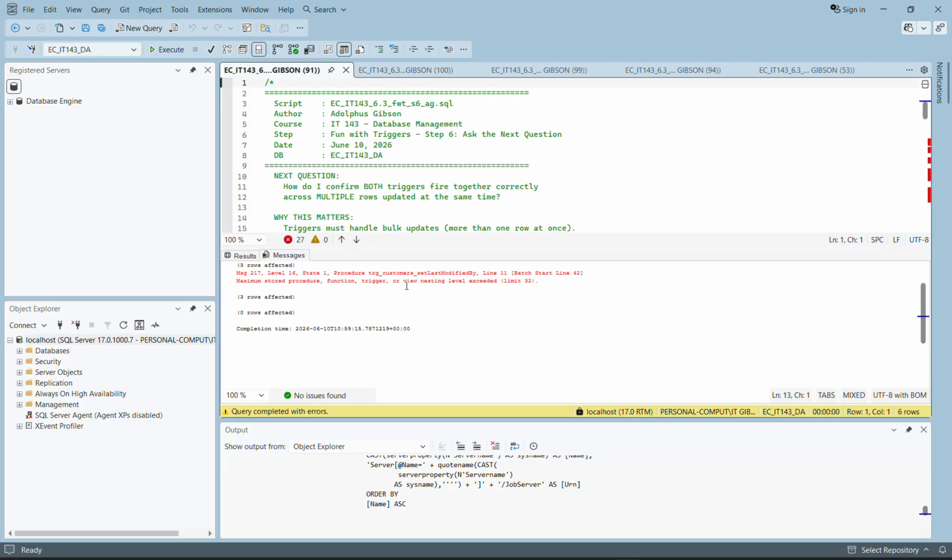A function is a reusable tool you call by name. A trigger is invisible automation that fires on its own whenever a database event happens. You cannot rely on a default constraint to track updates. You need a trigger